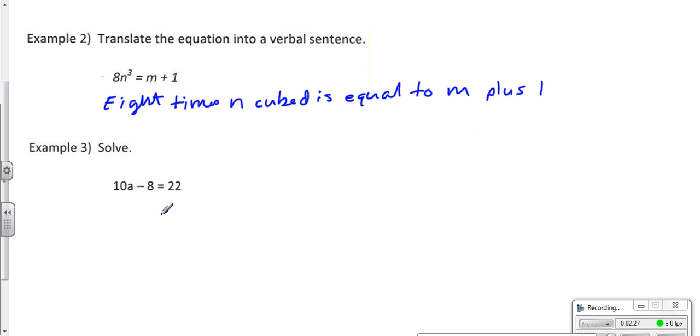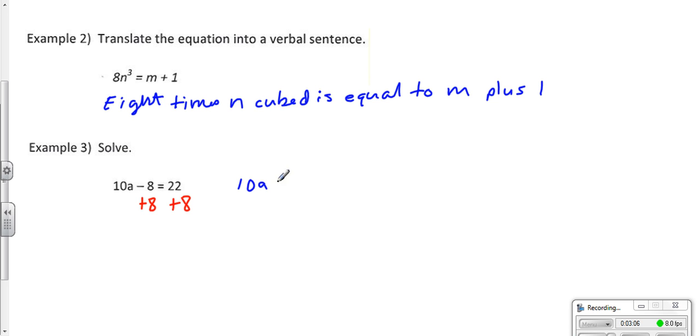Let's solve this one. This is a two-step solution process. As we did in review 1, we would undo the equation. We would undo the addition and subtraction first. In this case we are subtracting 8, and the variable is here, so we're trying to get that alone. Since they're subtracting 8, we're going to add 8 to both sides. Why do we add it to both sides? Because an equation is balanced. If you do something to one side, you must do it to the other. That would leave us with